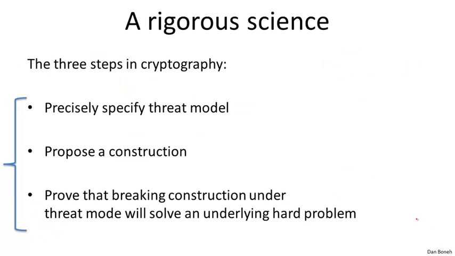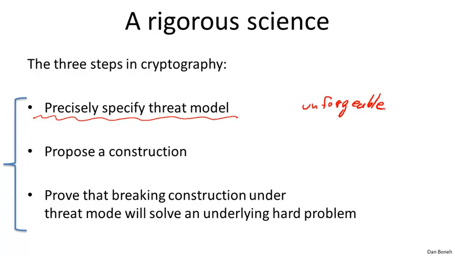And so the last thing I want to say is that modern cryptography is a very rigorous science, and in fact, every concept we're going to describe is going to follow 3 very rigorous steps. We're going to see these 3 steps again and again and again, so I want to explain what they are. So the first thing we're going to do when we introduce a new primitive, like a digital signature, is we're going to specify precisely what the threat model is. That is, what can an attacker do to attack a digital signature, and what is his goal in forging signatures. So we're going to define exactly what it means for a signature, for example, to be unforgeable.